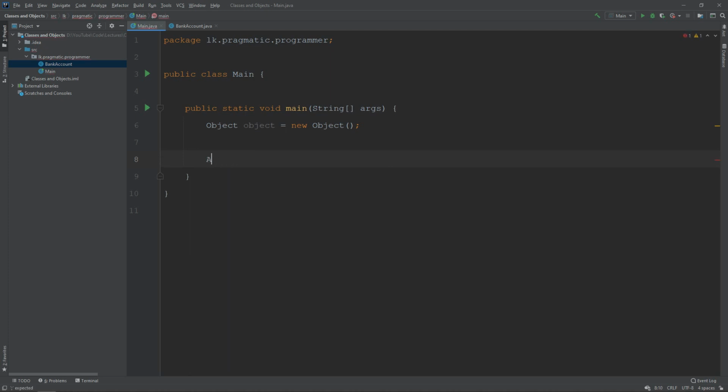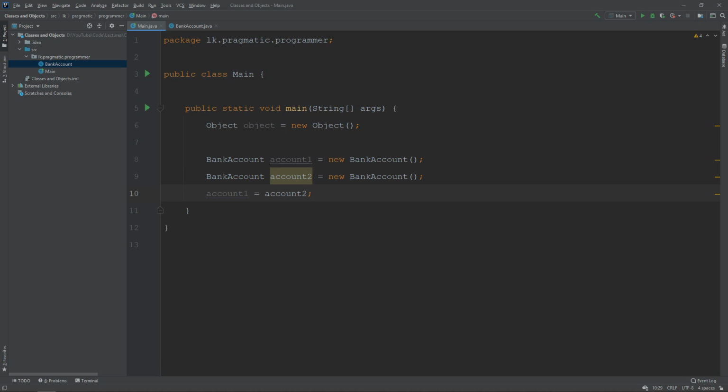Let's use the previous bank account to create two objects. Okay, so this is a very simple example.